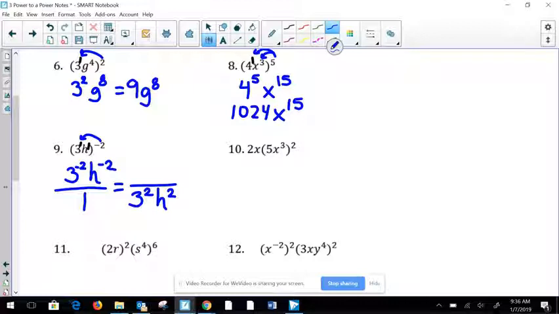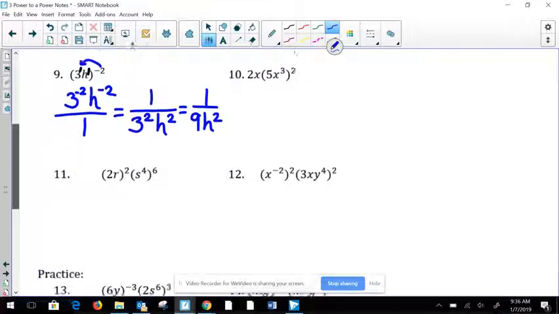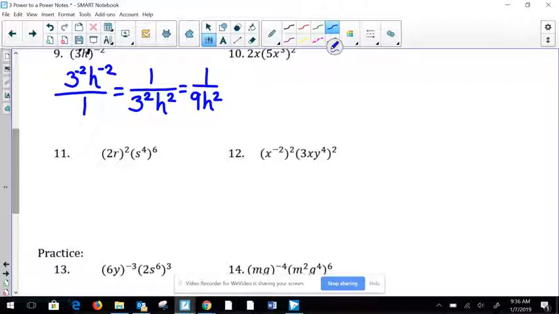Now, a couple things I need to add here. What number goes up top to hold its place? Good, a 1. So 1 over, and what is 3 squared? Great, a 9, and then I have h squared. So all of our rules are coming into play here. I'm going to skip number 10 for right now, and I'm going to go on to the little bit more